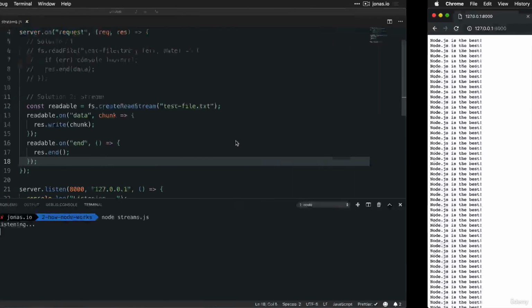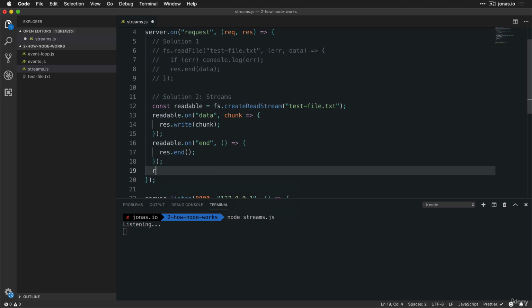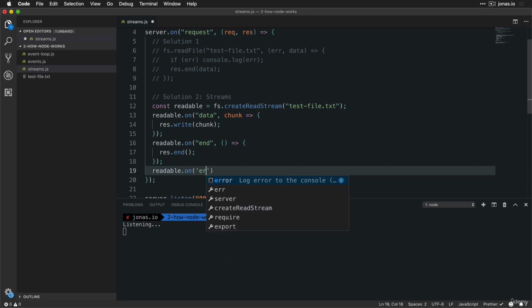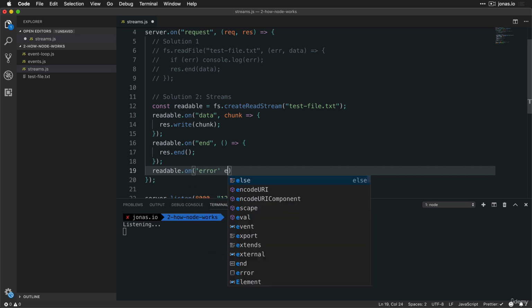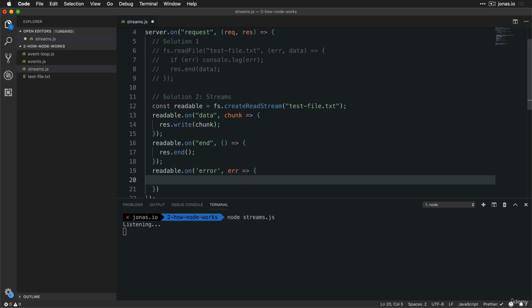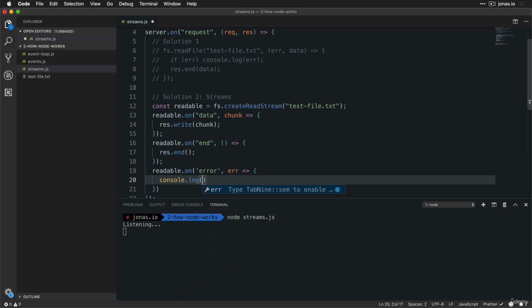Let's stop this here and go back to our code, because I want to show you now that there is another event that we can listen to on a readable stream, which is the error event. So readable.error, and in this callback function, we have access to the error object. Okay, so in this case, we will log this error to console